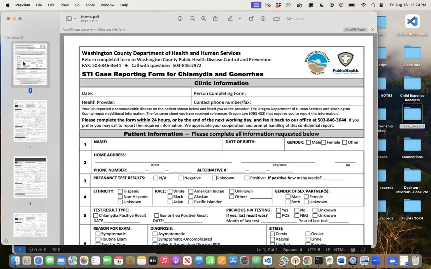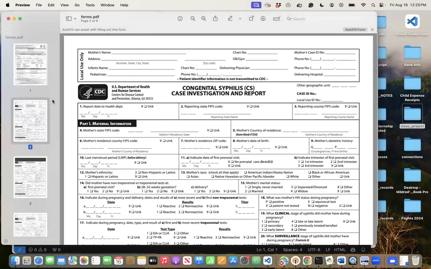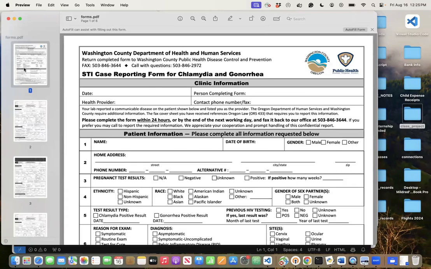The first form for the STI case reporting for chlamydia and gonorrhea collects the name, the date of birth, the gender. The next form for congenital syphilis collects the same information of the person. And so you want to collect this information once. And so when you are jotting down or drawing your directory structures or your form fields or writing your business requirements, or you're trying to write your SRS document, you want to take note of the fields that should only be mentioned once. And one thing I like to do is to plan my model so that I look at these forms. I say, I want to have